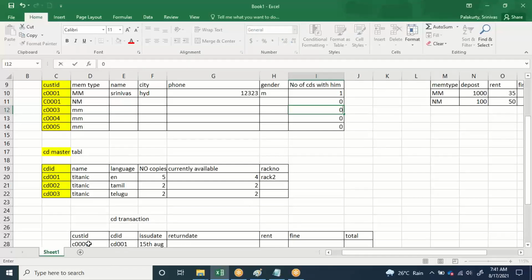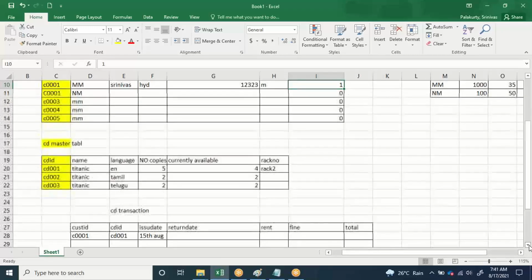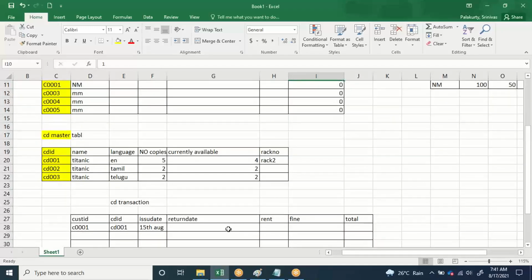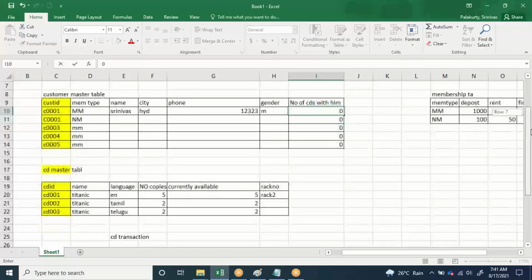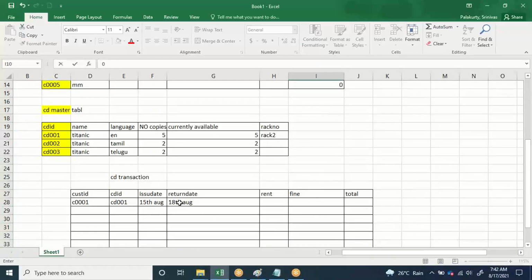So when I do the data entry here, immediately something should be subtracted, something should be added. Now he is returning the CD on say 18th August. So when he is returning the CD, I will subtract 1 from it. Which CD is written, that which member has written, I will subtract. Now when I enter this date,